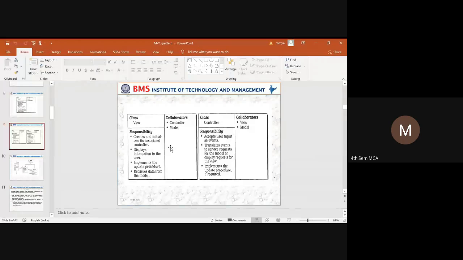So whatever data is represented in a sheet will be represented as information to the user. Next thing is implementing the update procedure.